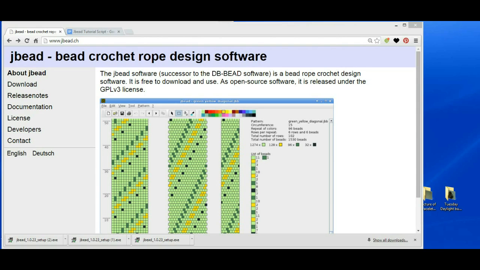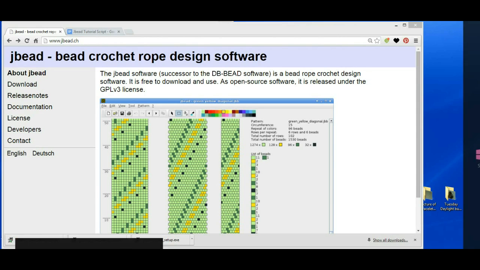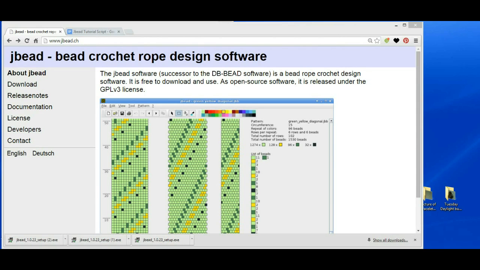You can download J-Bead by going to www.jbead.ch. You can also find the download link in the description field of this video.